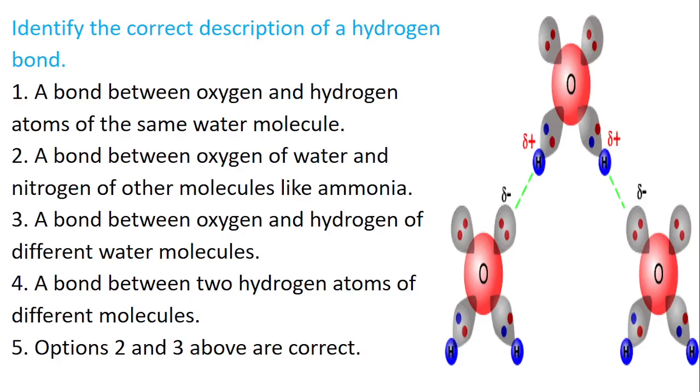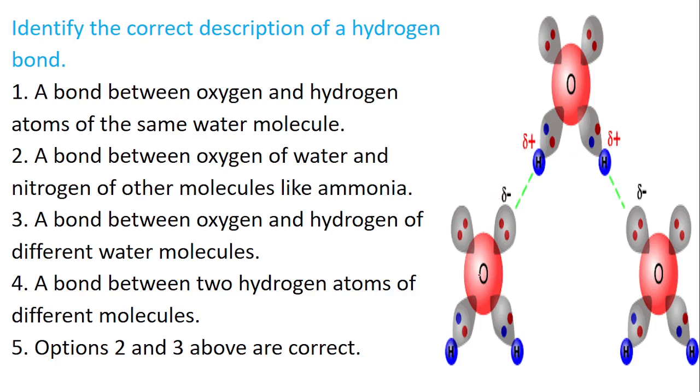So the first question is, identify the correct description of a hydrogen bond. So in the previous lessons in our lecture class, we stated that the type of bond which exists in water is a polar covalent bond. I hope we can all remember that it is a polar covalent bond. The reason why it is a polar covalent bond is that there is a difference in terms of